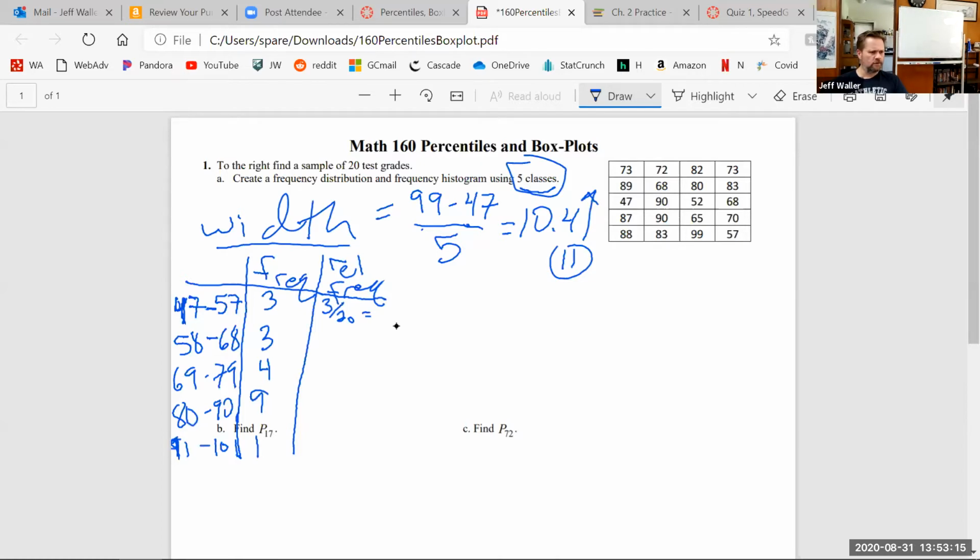How do you make something out of 20 become something out of 100? Multiply by 5. So all I have to do is multiply each number by 5, and that becomes the percentage. Because it's out of 20, that's why it's so easy. And of course, all these percentages, thank God, add up to be